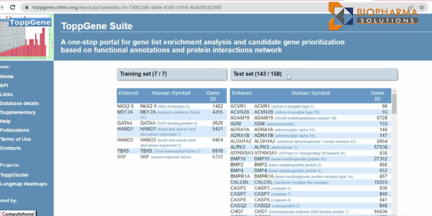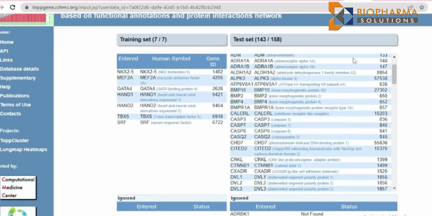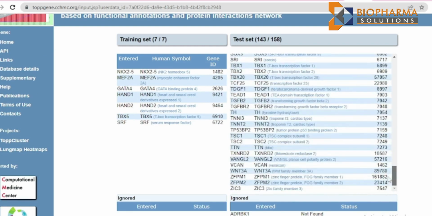Whereas for the test set, 158 molecules were included, out of which only 143 have been identified as relevant. So the remaining molecules will be removed from the analysis. You got it? So this is what is known as the first phase of data purification or data cleaning. Unwanted data, if you collect from any unwanted source, would be picked up here, removed here, and dropped from the data set. It won't take much time. Then once it is over, now if you go through that, so here you see that